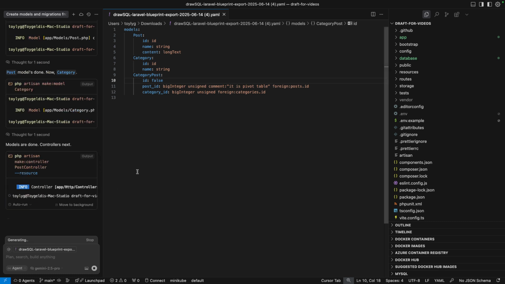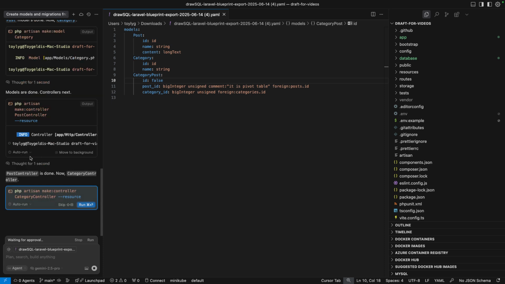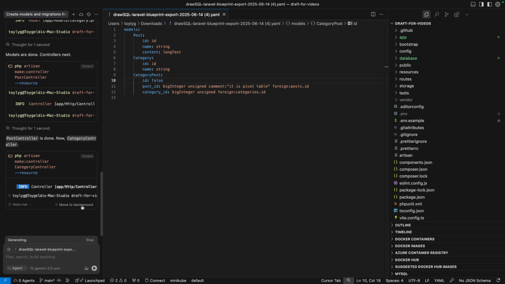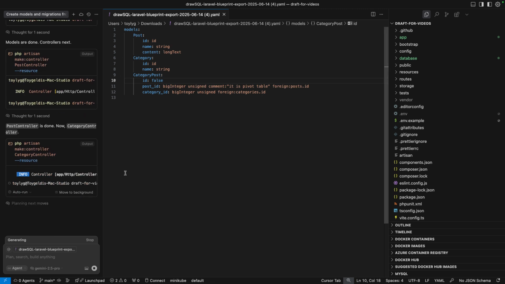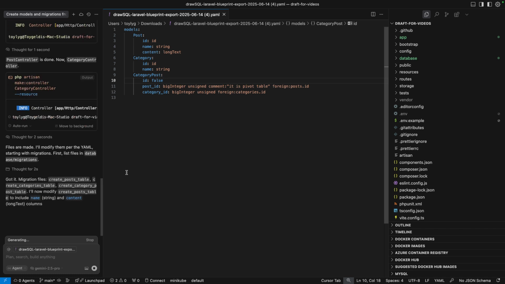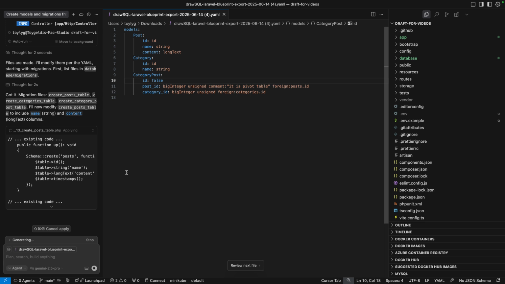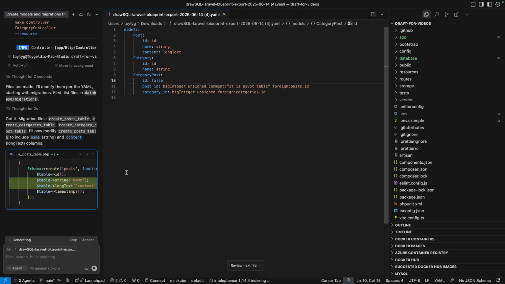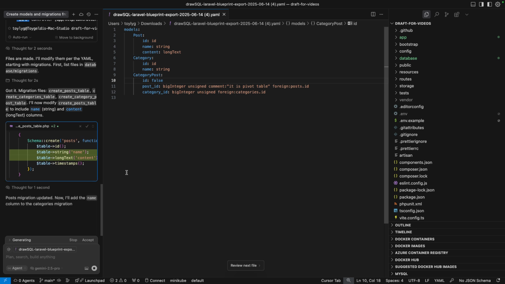Controllers for it. It directly does the resource controller, which might be okay in some cases, might not be. All right, it started changing and adding the column names.